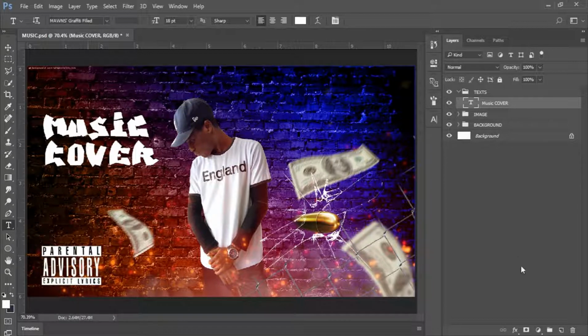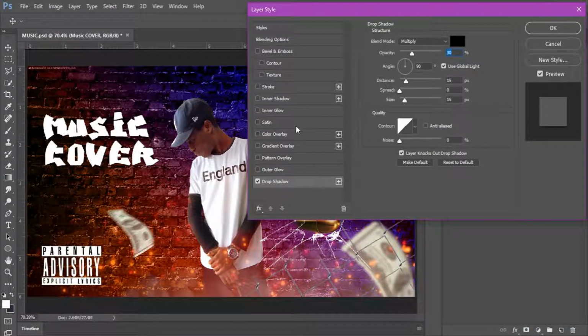on the text right here, so I'm just going to add a few drop shadow, increase the opacity to about 50, the size, and angle. So the angle 135,